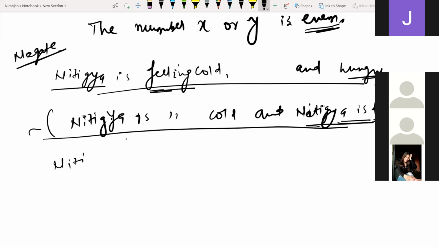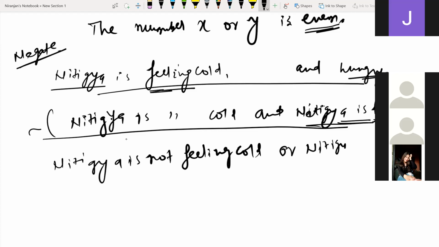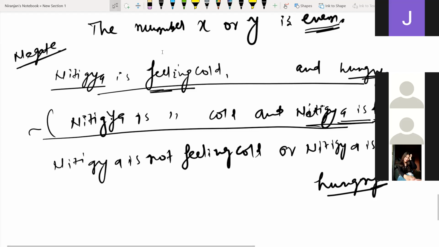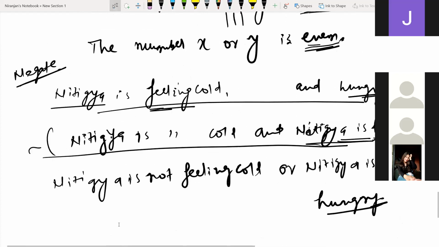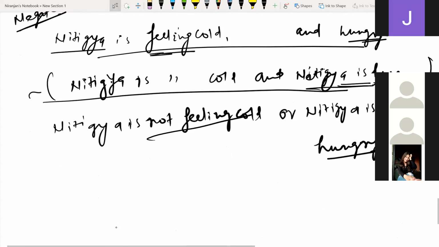So now, if you take the negation of this one, what would you get? Nitigya is not feeling cold. Or Nitigya is not hungry. Now, this is the question, very interesting question. I want all of you guys to think like the way I did here, that not odd implies even. Look at this. Can you say right now that not feeling cold can be converted into